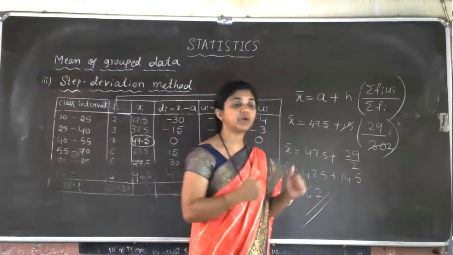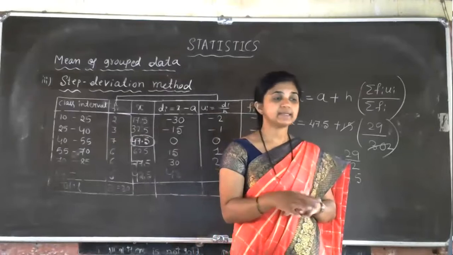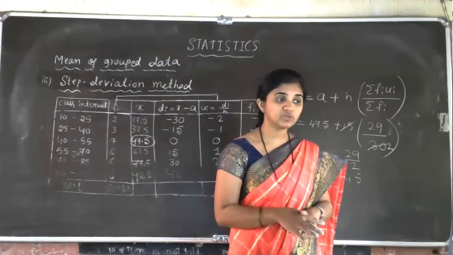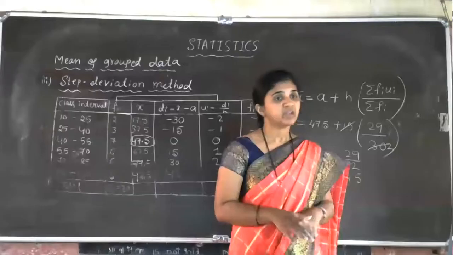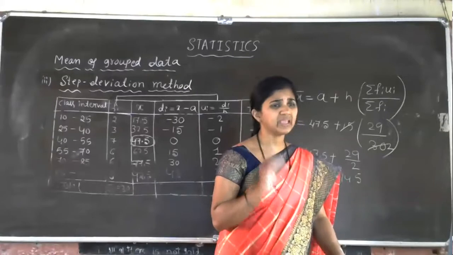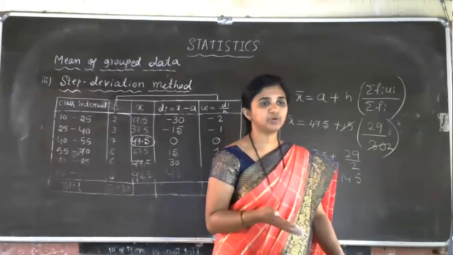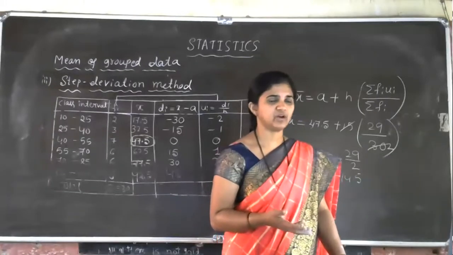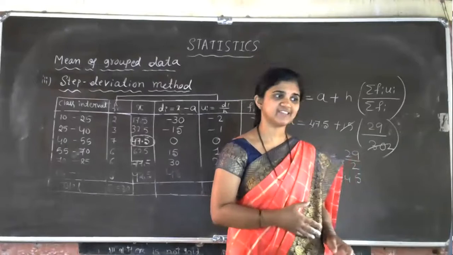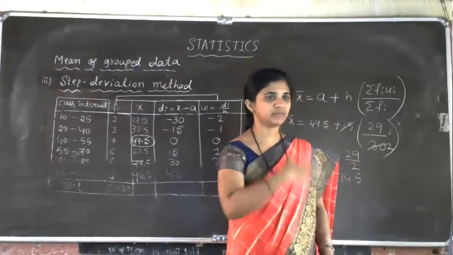I think now you have got the idea of the direct method, assumed mean method and step deviation method, right? Do you have any confusion related to this, students? Now you can solve the problems by any method. The choice is yours. If in the textbook they have asked for the assumed mean method or step deviation, you can work it out. So better you work out the same first exercise again. If you have not done the homework first exercise, then you can go with any method.